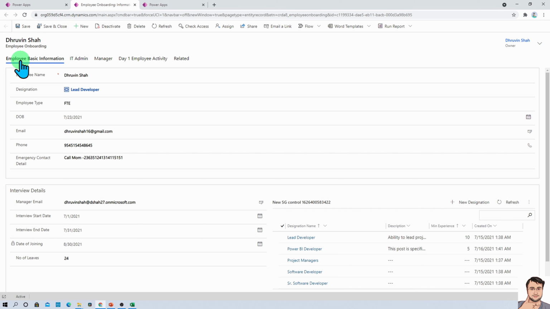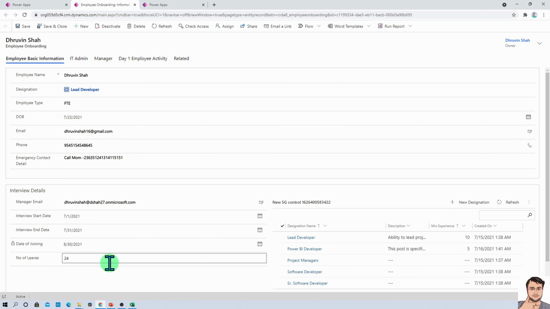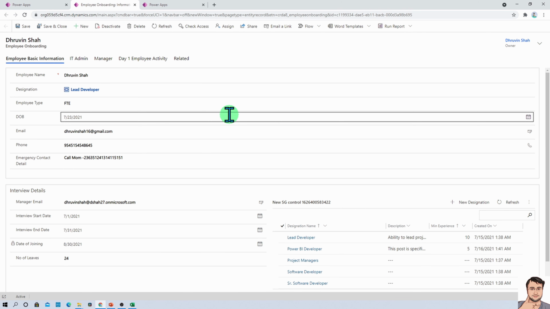Now in the next session, let's focus more on the business rule. Let's say if we wanted to calculate something based on a specific field, we will apply some business rules on top of that. So stay tuned to my next session, and after that we will talk about this entire notification part and business process flow, so that once the process is completed for one stage, the appropriate user will be notified with an email, and after that they will just click on that and fill up the rest of the information. So we will continue this journey throughout this entire session series.